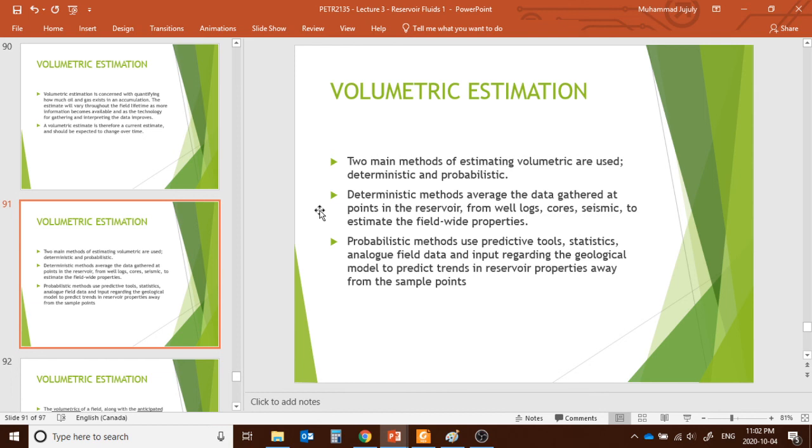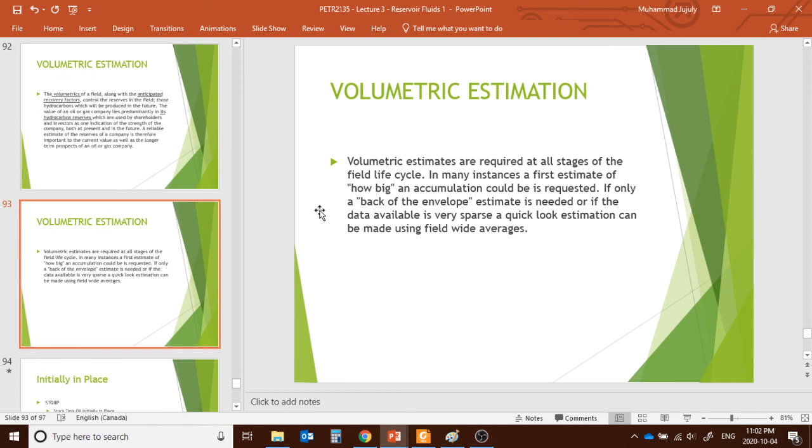That means we use the predictive tools, statistics, and now we actually use artificial intelligence to analyze the field data, and then we do the estimation based on the statistical input and the data from this data mine, and then we develop a model to predict the estimation. Okay, so